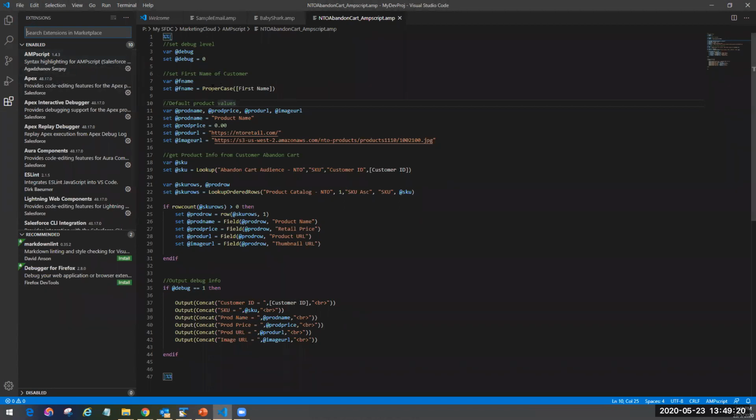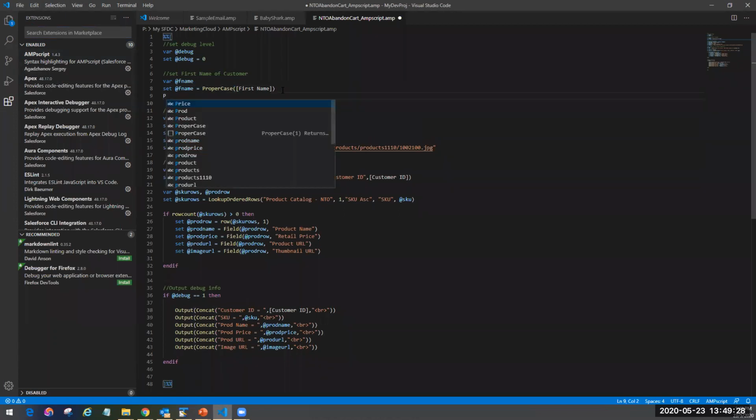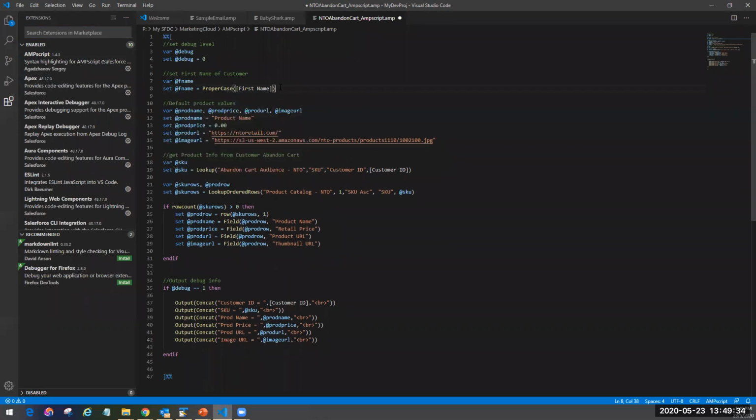The good thing is it will show you the highlighting, and if you type in the function names, it will show you all the properties and all that. So it's pretty useful if you want to use this for development. But make sure you save it as an .amp file, like you see here. Only then the highlighting will come correctly, and you can verify that at the bottom here as well.